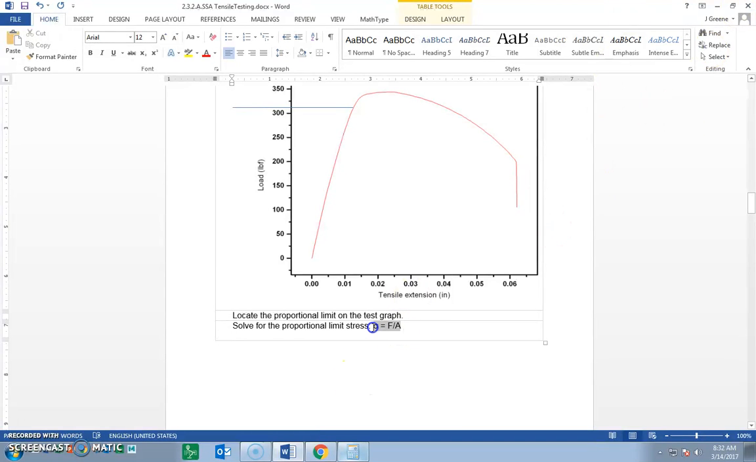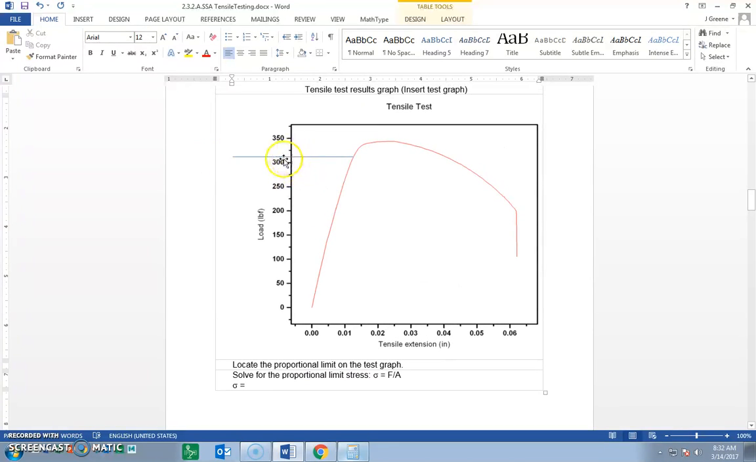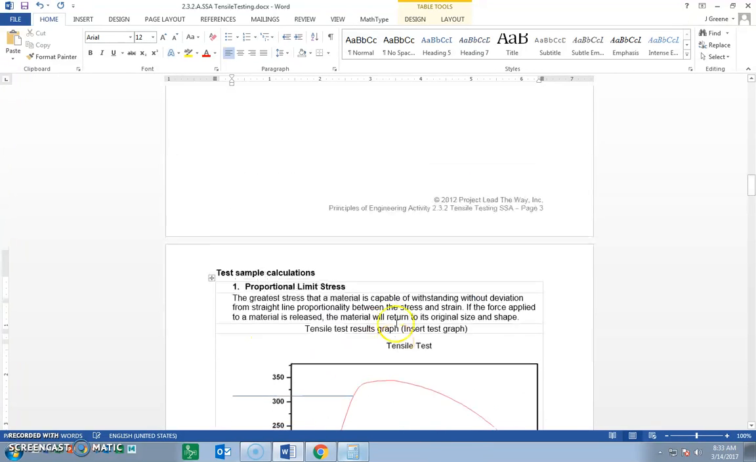I'm going to copy this equation because I have the equation. Now I'm just going to go ahead and substitute for it. So my force, well, if this is 300, this is 350, this is 325, and this is about halfway between 300 and 325. So I'll say it's about 313 pounds, and that's going to be divided by the area, which I